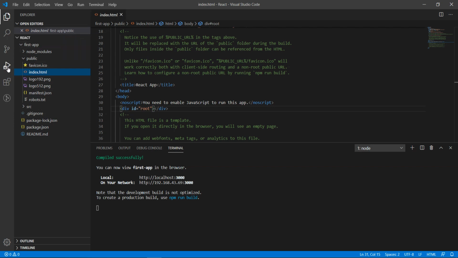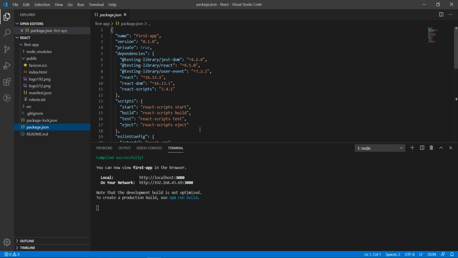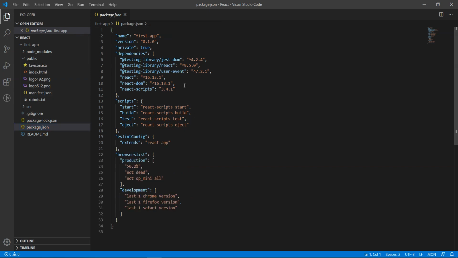Now let's check the package.json file. Here you can see the installed packages along with their versions in the dependencies attribute. By default, they provide the testing libraries and the other React packages such as React DOM, React scripts and all other things.